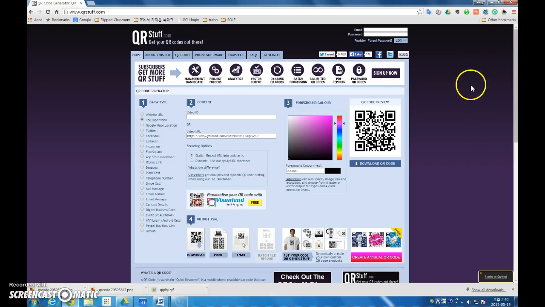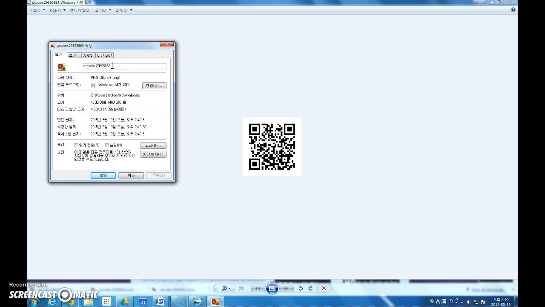Okay, so the first thing we're going to do is make the plan. We have our plan, and we're going to make a variety of QR codes. As I said before, when we make a QR code, we'll download the code, right-click on it and open the file, and then use the properties section to label the code what we need it to be. So step 1